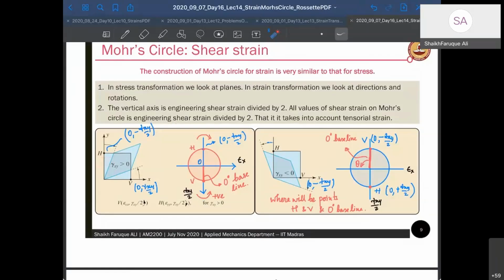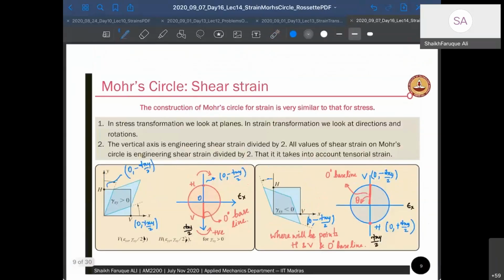All right. What will happen is we have to divide the strain that we have into two, to get strain on both sides. So at a point, the state of strain at a point is epsilon x, epsilon y, and gamma xy. What we give is gamma xy, but when you want to write that in matrix format, you have to write it like this: